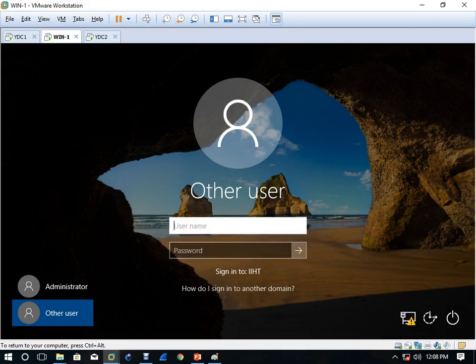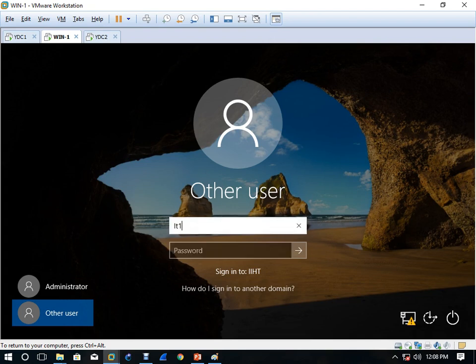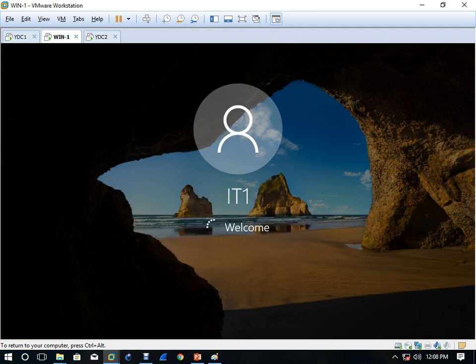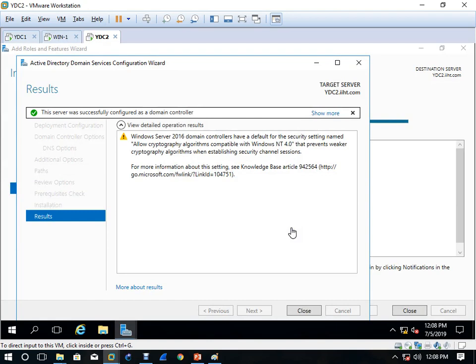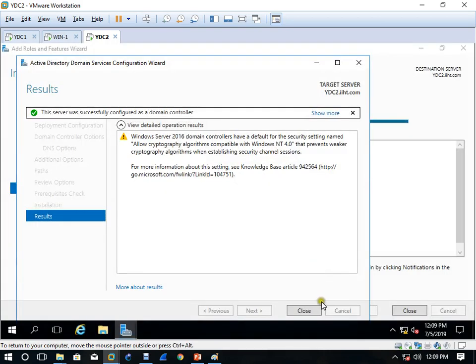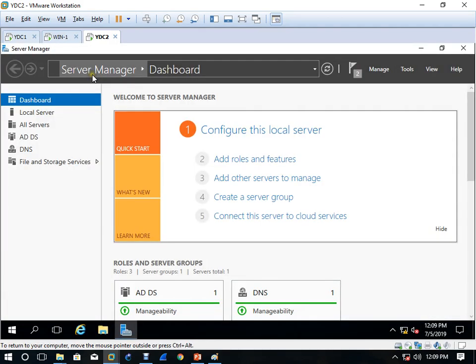IST, IT1, and I can log in. Okay, restarted, closed, it will restart automatically.